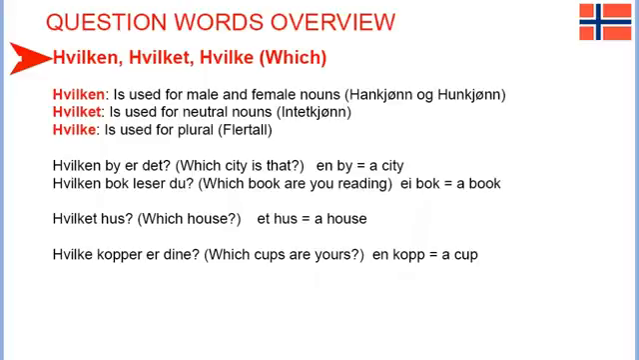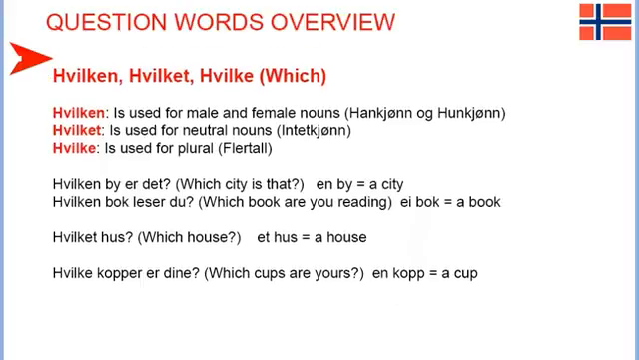The last one we are going through here is "which." This question word is a bit different from the others in the sense that it has to be conjugated based on the gender of the noun it refers to. So for "which" you have hvilken, hvilket, or hvilke. Here you can use the T in the neutral sense if you want. If we just go through here,